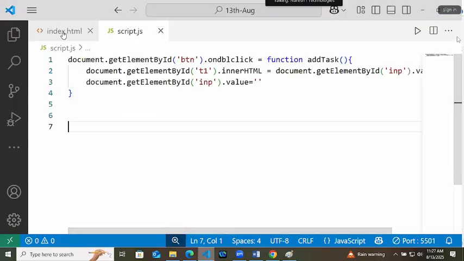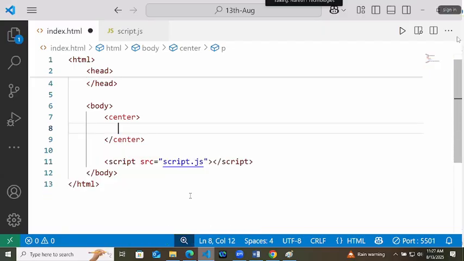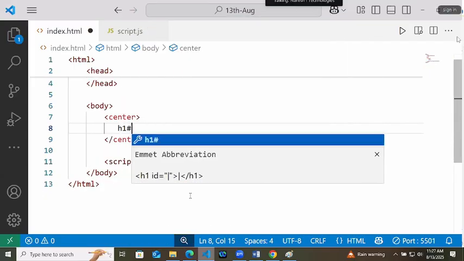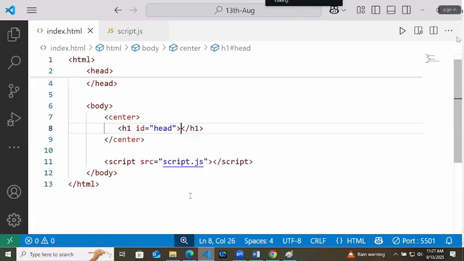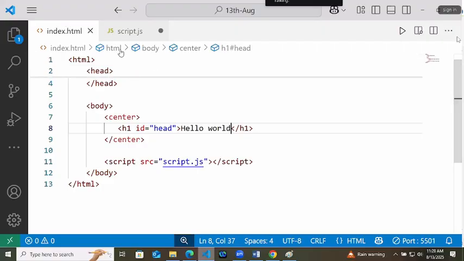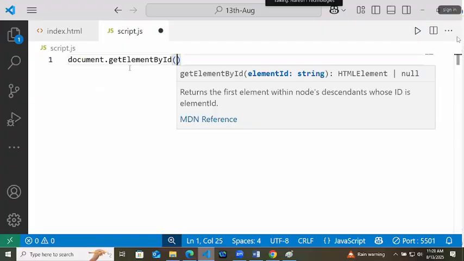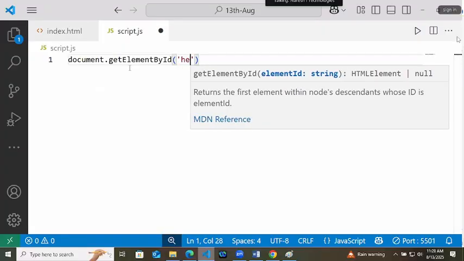Now let's say I will create a heading here with the ID as head. Some random heading I will keep. I will go to document, finding an element by its ID. ID is head.